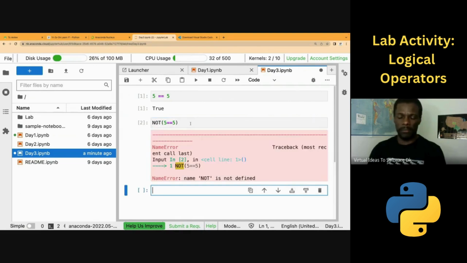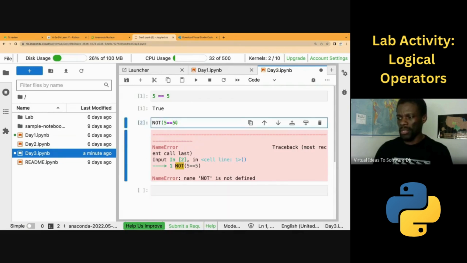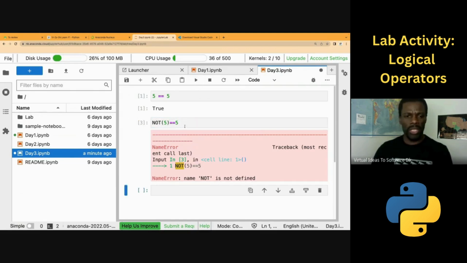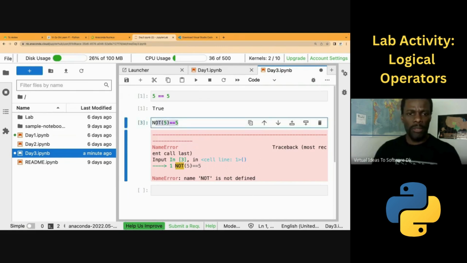Now we get an error. Why do we get an error? Because not is not defined. The way I've written it, it means this is a function. So if I want to write it that way, let's put it that way. Now we're saying not 5 is that. That should also still give you an error message because we're trying to get a negated value. So let's say